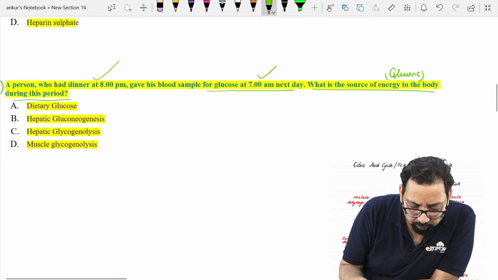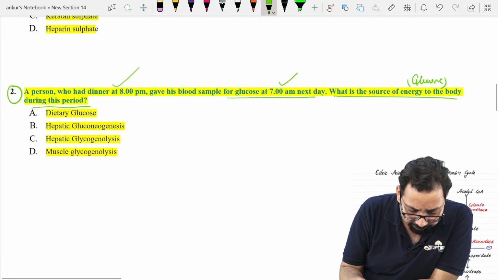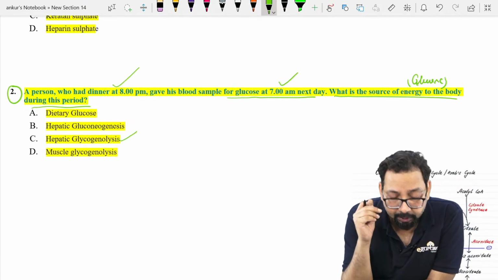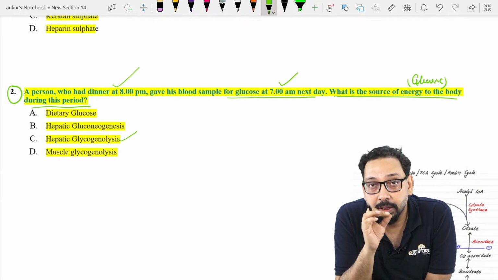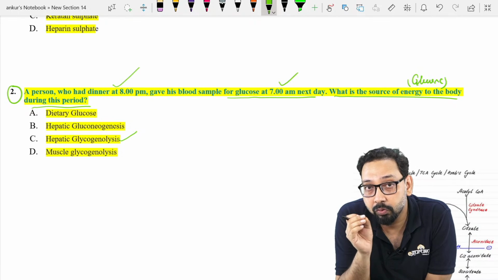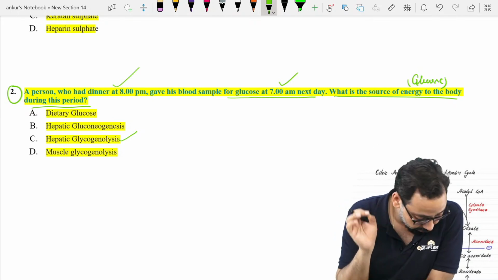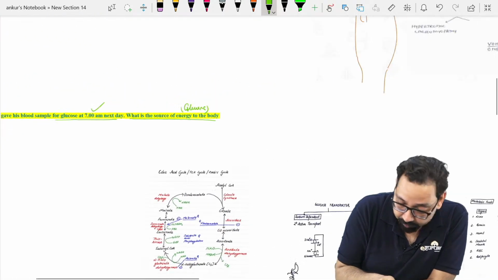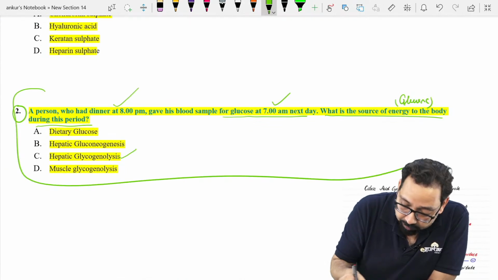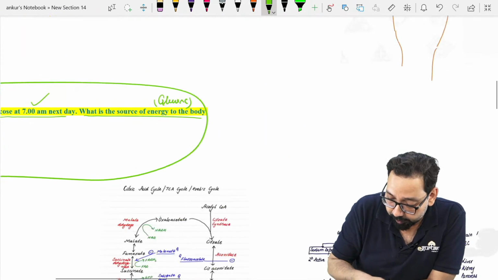Yes, you all know that. Yes, hepatic. Very good, Hemal. Hepatic glycogenolysis, because our liver glycogen is sufficient to maintain blood glucose up to 16 to 18 hours. So this is very good, Ramya. 16 to 18 hours. Recently asked question. Okay, I have done it. Okay, now